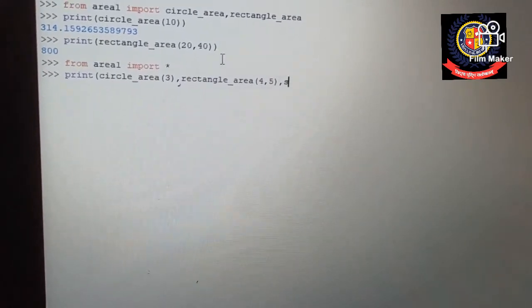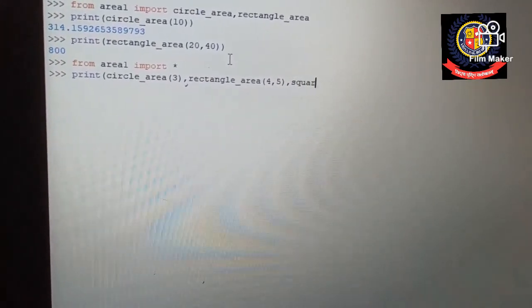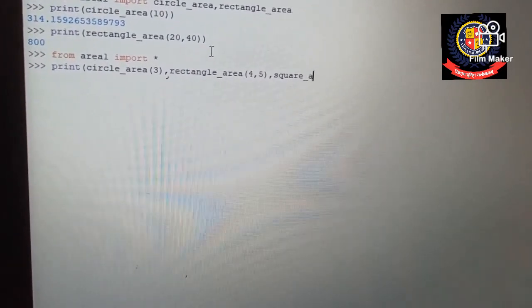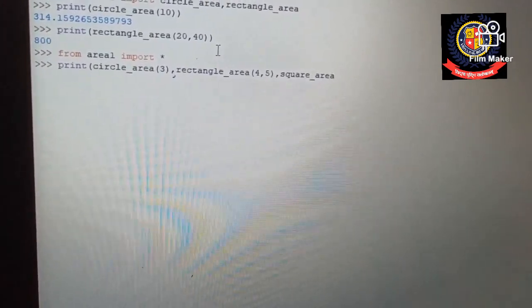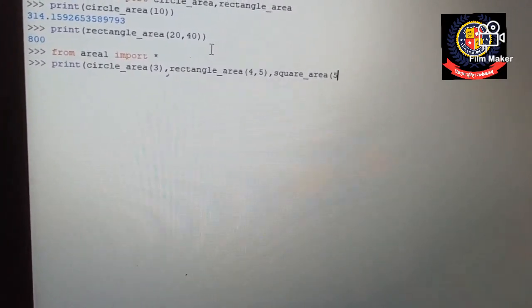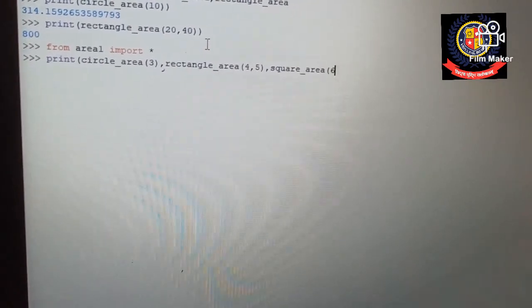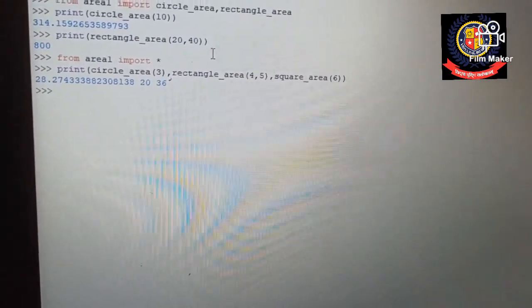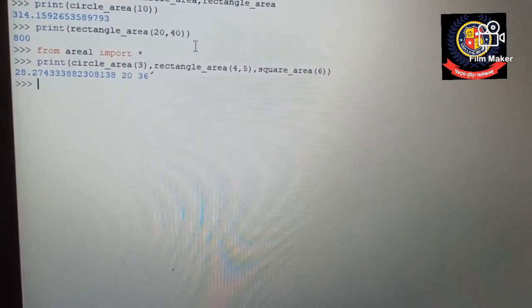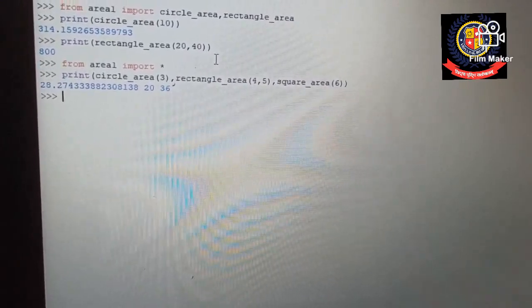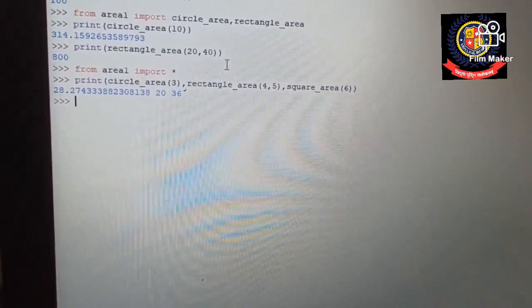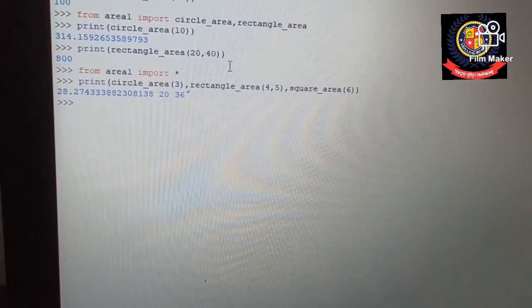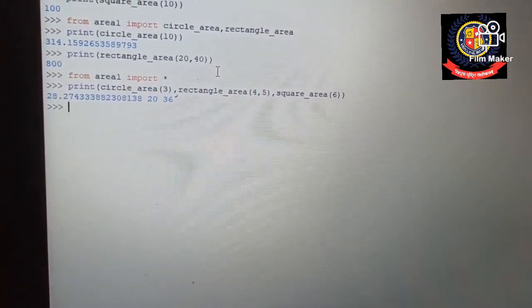Then similarly you can specify for the square also, square underscore area, and the value 6. Here we are getting the answers for circle area, rectangle area, and square area. Okay, I hope this has been clear.